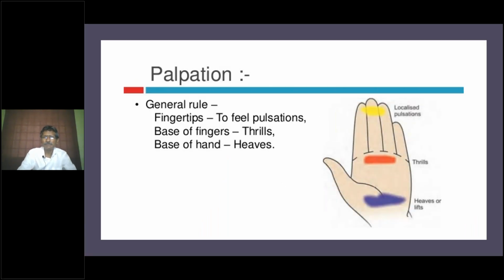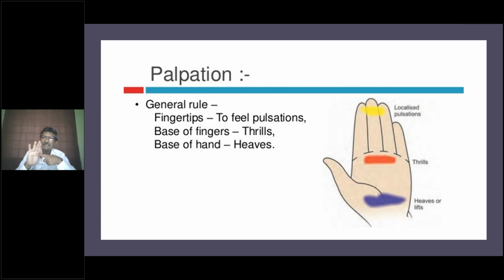Now, before I go to the palpation, just see this picture. So when you palpate, this is how you have to use the hand. The most part of your hand during palpation will be the distal part of the palm, this part, which is used to actually feel the thrill.